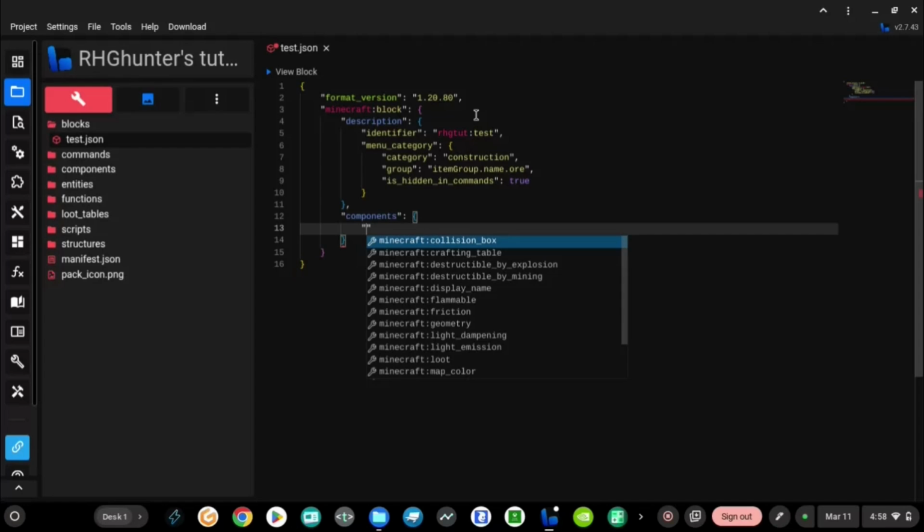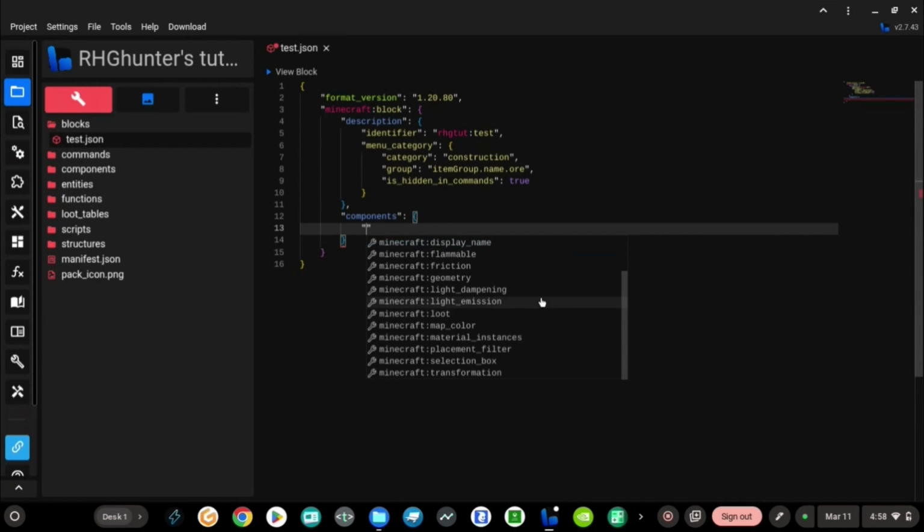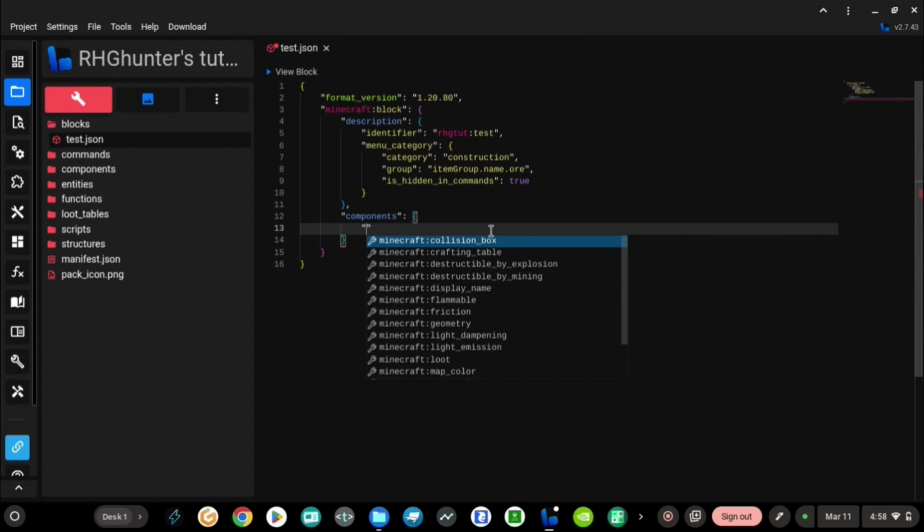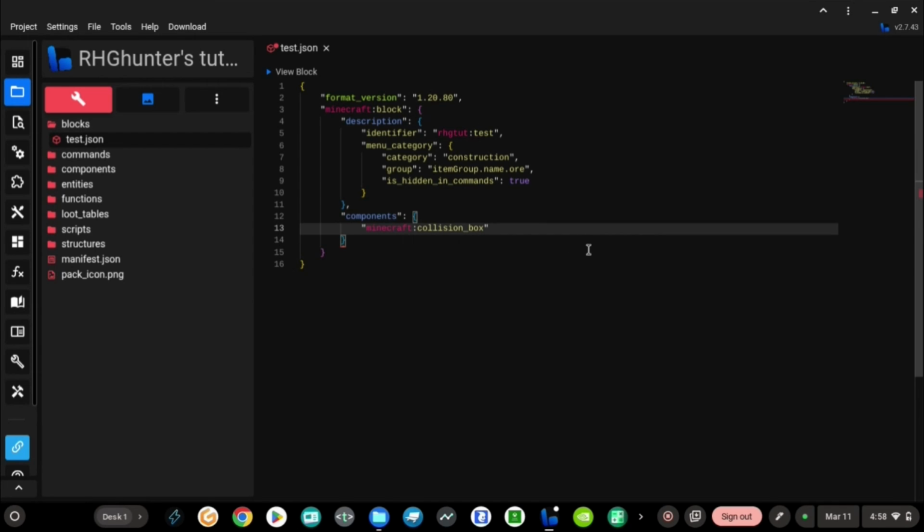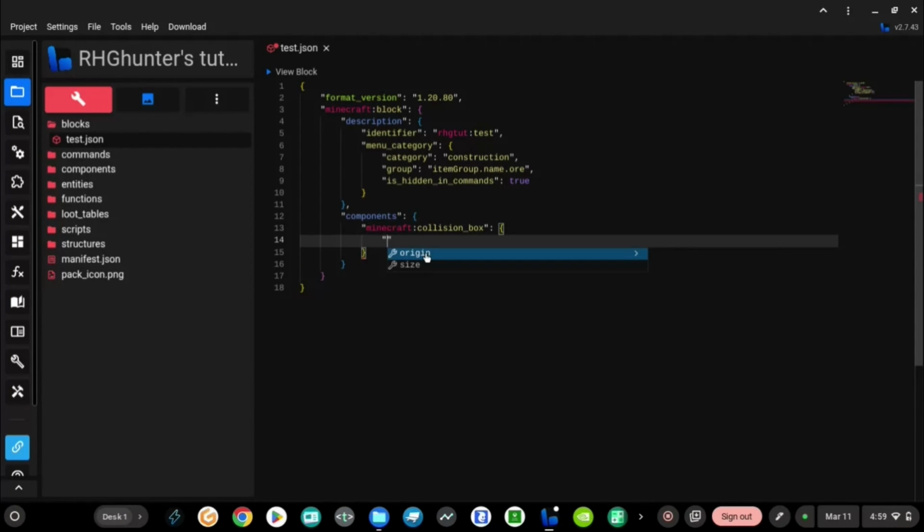Next thing is going to be the components. There are many components, as you can see here. Let's begin with the collision box component. This just asks if you want a collision box or not. But if you do want a collision box, what you can do is put one of these in and hit enter, and then your quotation marks. You've got origin and size. The origin's wherever the origin of the